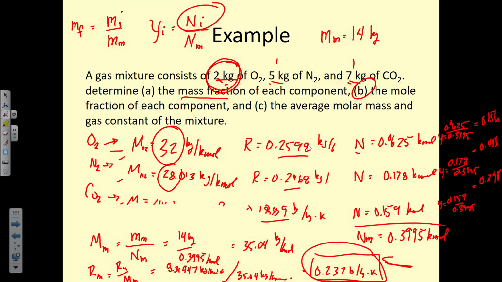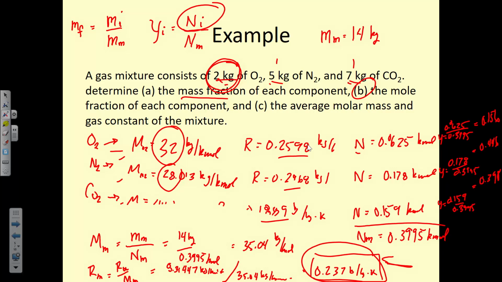Okay, so, yes. You have Rm equals R sub U, the universal gas constant. That's 8.31447, right? And that's at the bottom of the table here, Table A1, so it's in there. And if you're working in English units, then you go to Table A1 English, and that information is there.